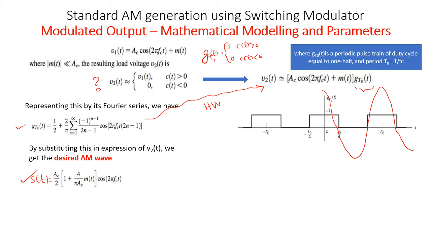So definitely we have so many unwanted components, but in standard AM we need only fc, that is corresponding to our carrier, and our message spectrum m of t should be translated to fc and minus fc. That's what we want. All other frequency components are unwanted. As they are separated in frequency, we can always eliminate the unwanted components using a band pass filter with center frequency fc and bandwidth equal to 2w.